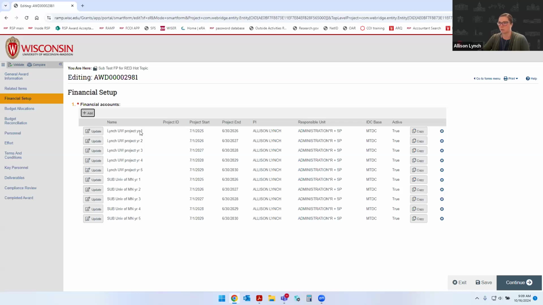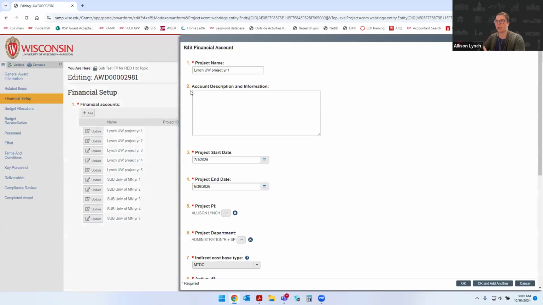So you can see here years 1, 2, 3, 4, and 5. And each budget period year is allocated for that relevant budget period. The outgoing sub, what's the new process now is that we also need annual projects per year for outgoing subs. So I'm going to go over one UW project just so we're kind of on the same page as what